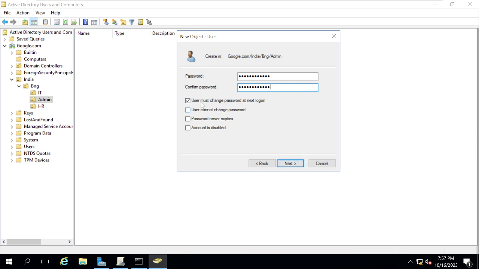Okay, and here the user must change the password at next login, you can put it. So I'll say next. If you don't put this option, it is a security risk, because I am the admin, I know your password. If I know your password, on behalf of you I can do whatever, possibly causing a disaster in the estate, correct? Yes. So to avoid that, I will select "User must change the password